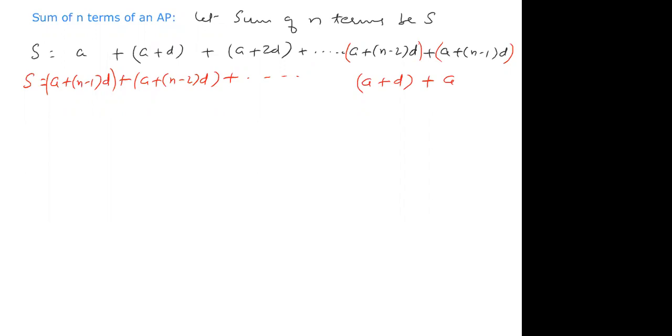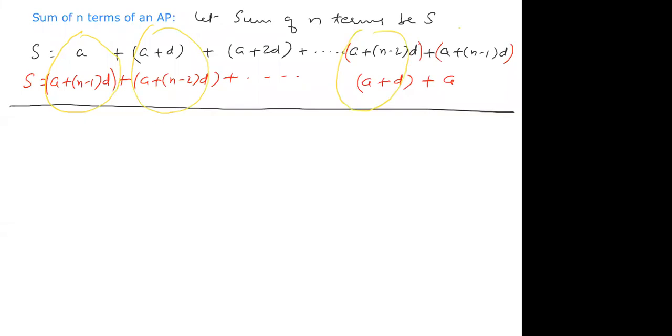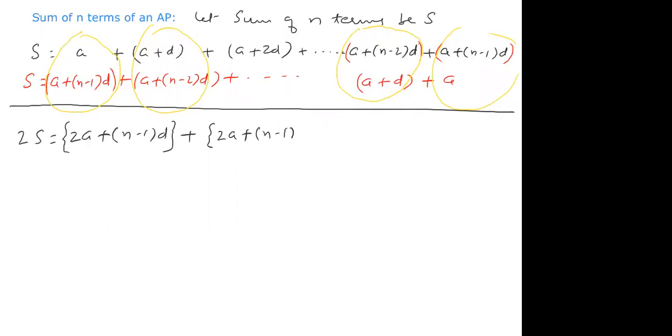Now if you observe, if I add both, that means if I add these 2 terms together vertically like this, and last 2 terms together, if I add in this fashion, so S plus S, I will get 2S is equal to, see what is this, A plus A, in this first yellow circle, 2A plus n minus 1 into D, plus second also A plus A, 2A plus n minus 2 and 1 is here D, so this is also n minus 1 into D. Similarly, last also if you observe all brackets, this bracket is also 2A plus n minus 1 into D.